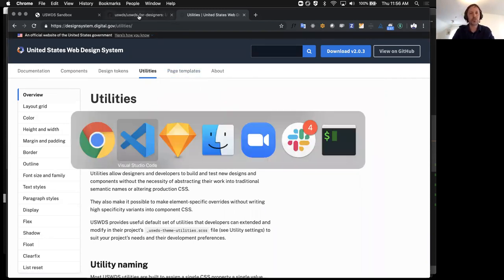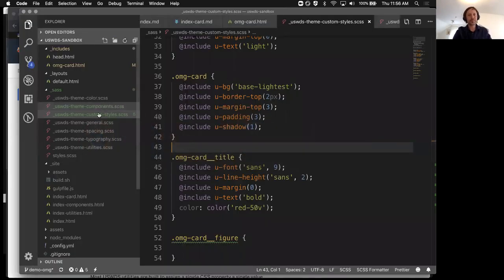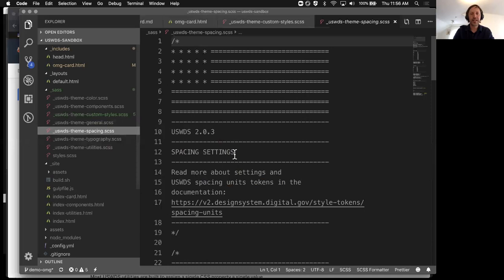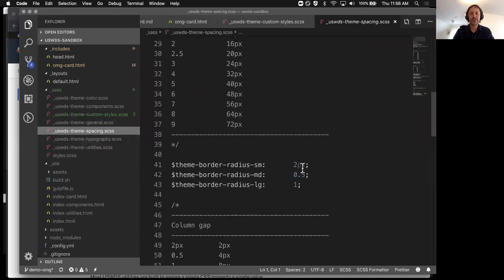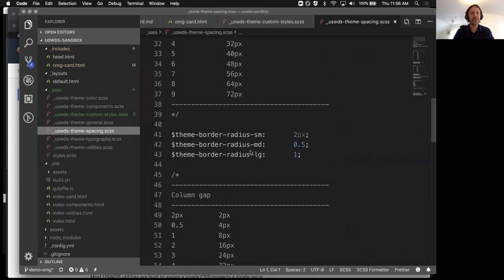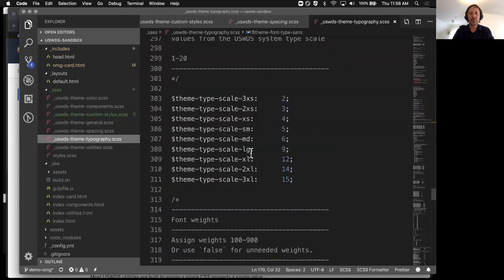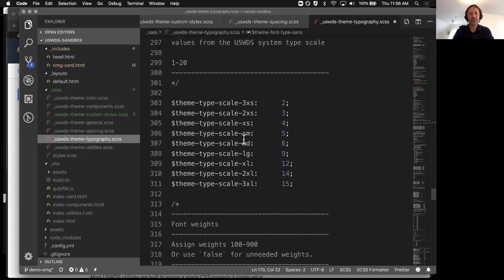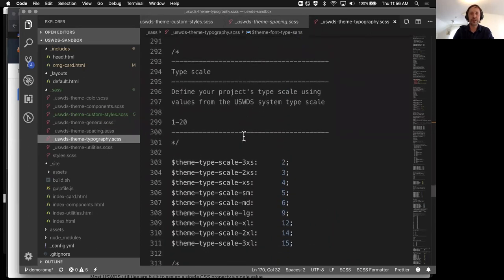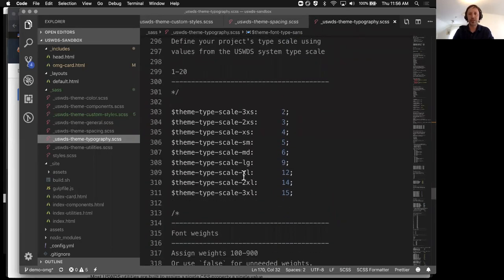That's how you go into your settings files, and that's how you set different settings to use those tokens, and that's how you change the value of theme tokens to be assigned system tokens. So these are the theme tokens for type scale, medium, large, XL, 2XL, and these are the system tokens from which they're defined. I know that was sort of a lot to try to jam into 1 hour, but I will stop